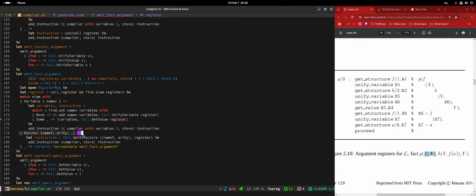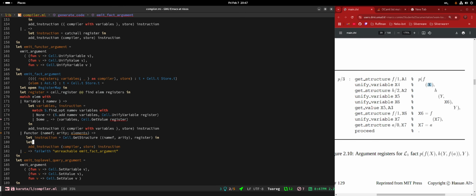We found a functor there. We're gonna put a get structure there, and so far so good, right? Yes. Okay, but notice here that we don't have the elements of F available. We don't have this X on hand. So okay so far? We do need to care about them at the moment, actually. Okay, so that's my point. So we do need to do a fold here.